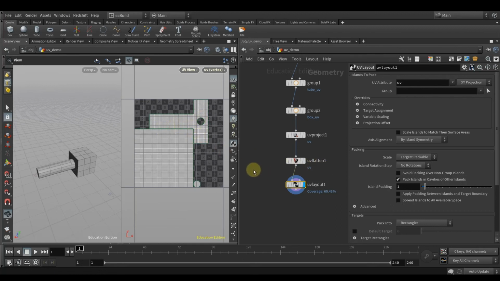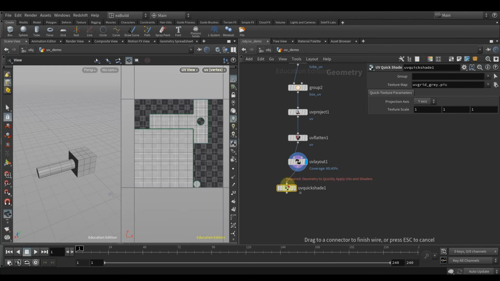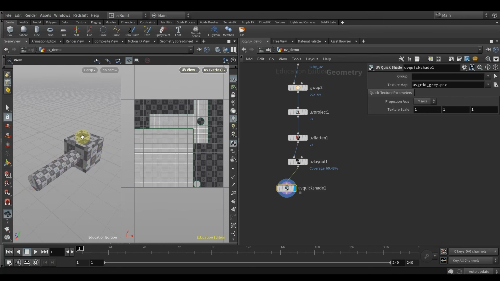Now, one thing that's really important for you to set up is you want to make sure that the UVs are scaling properly. And what I mean by that is I'm going to drop a UV quick shade so you can see. You'll notice that some of the UVs are larger, some of them are tighter together. The one over here for the cylinder cap it's small, so you can see. That means that whenever you see bigger grids, that means that the resolution is less. So ideally, you want to make all of it as equal as possible, so to maintain the same kind of